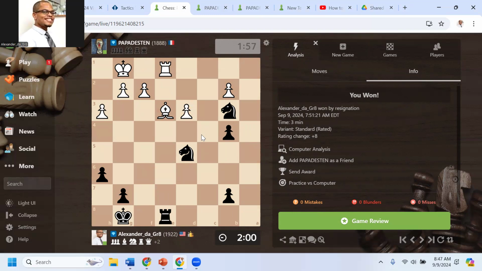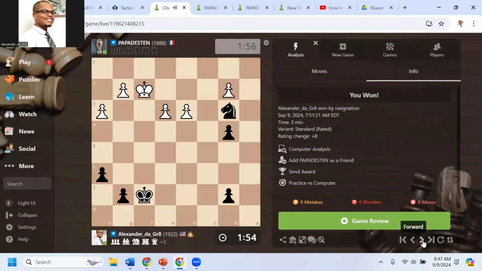This was the best idea right here. Of course, that's just me thinking about this for a second. Because now, after trades, I give white these two double pawns right here. And it got scary. I'm not gonna lie, it got really scary for a second because I was just like,